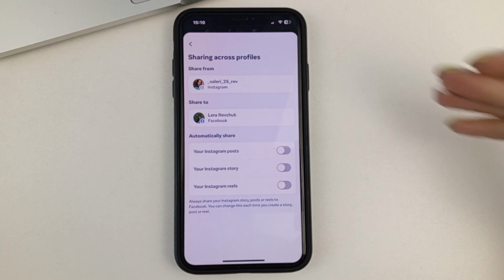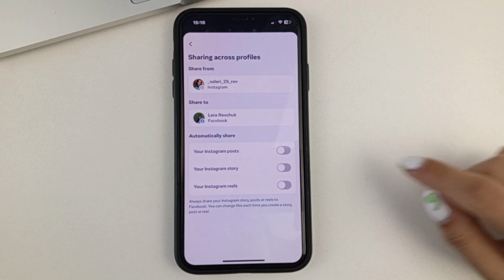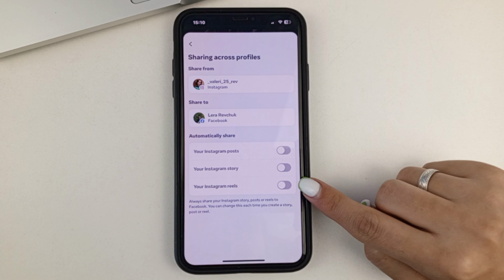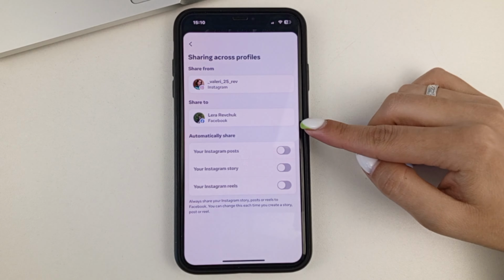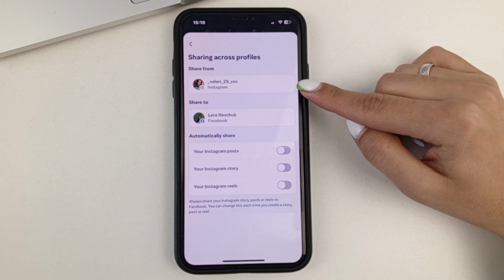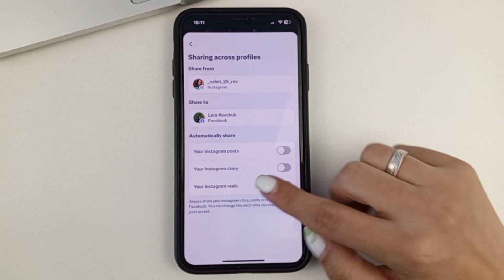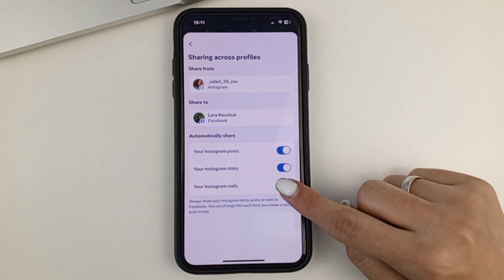That will take you specifically to that page where you will be prompted to automatically share your posts, stories, as well as videos, reels from Instagram to Facebook. And also, you will be shown here the pages that you share on Instagram and also which you share on Facebook. And if you want to activate all of that, then you're just going to have to turn it on like this